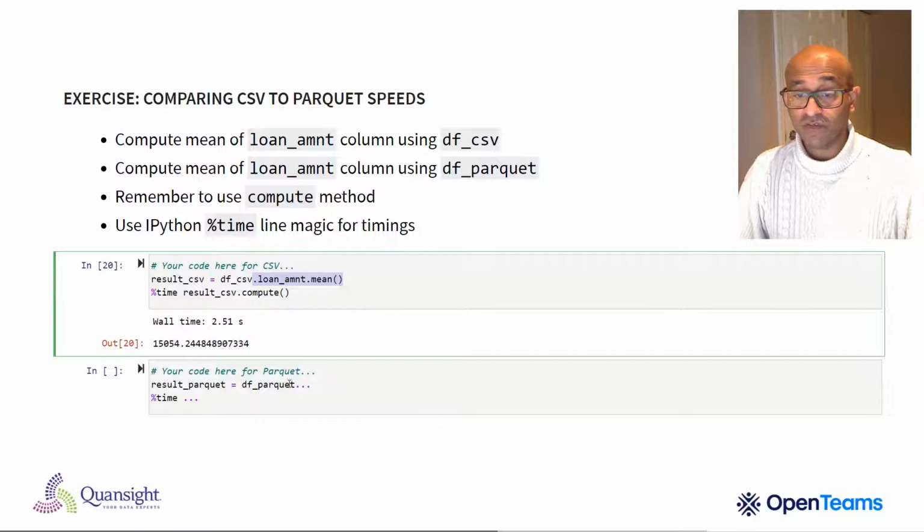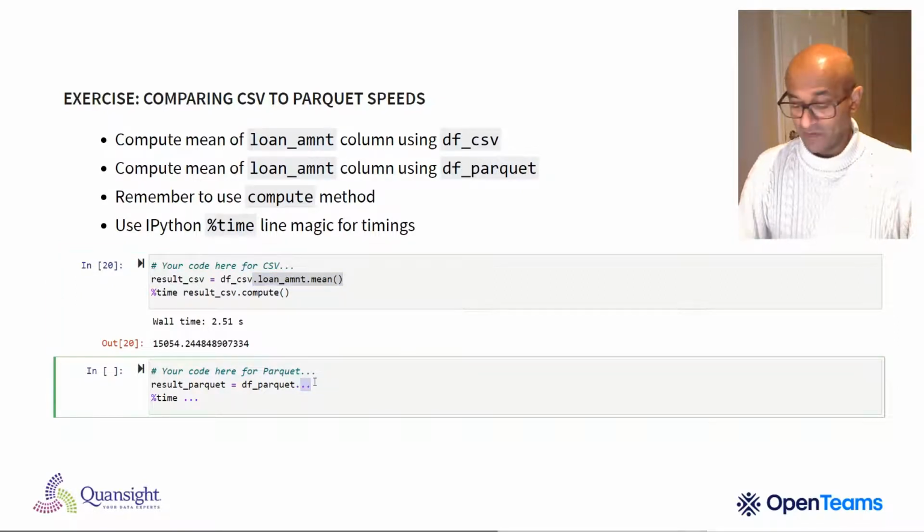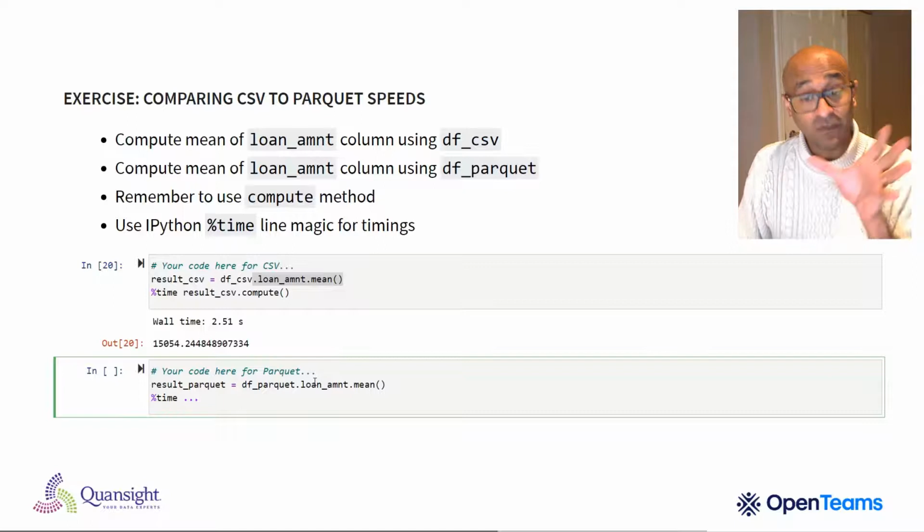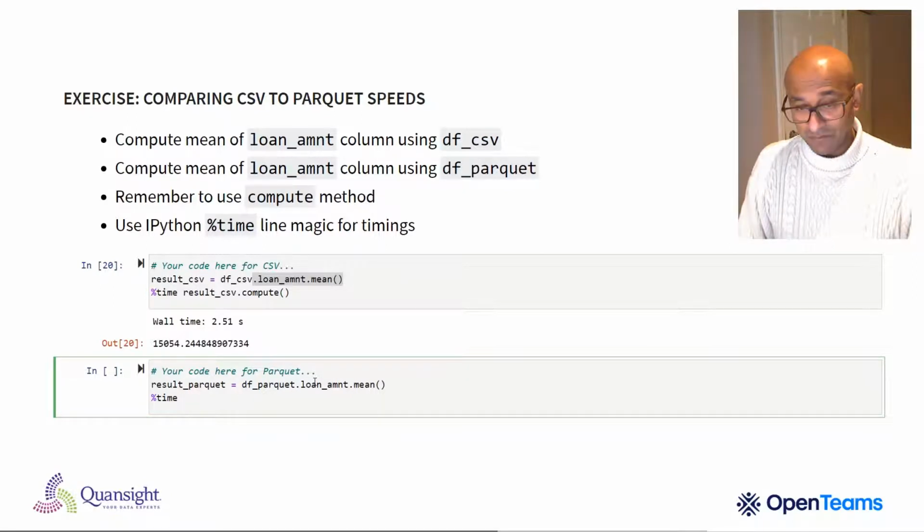And then of course we can do the same thing with our Parquet store. So df_Parquet is a Dask data frame that is associated with the Parquet store instead of the CSV file. And that means we can compute this new result